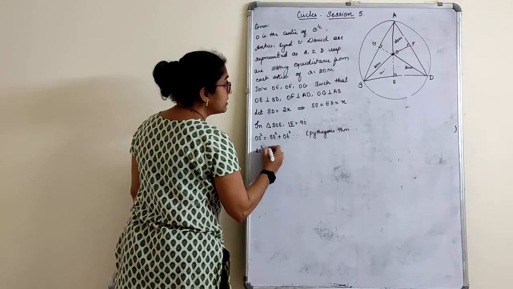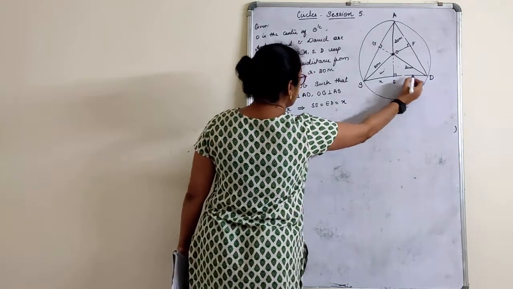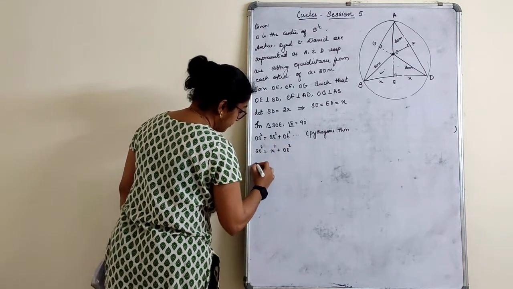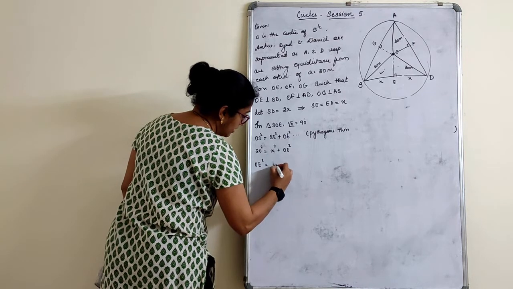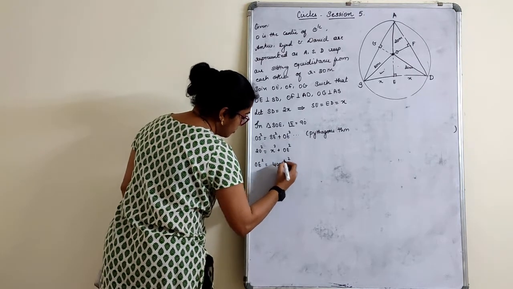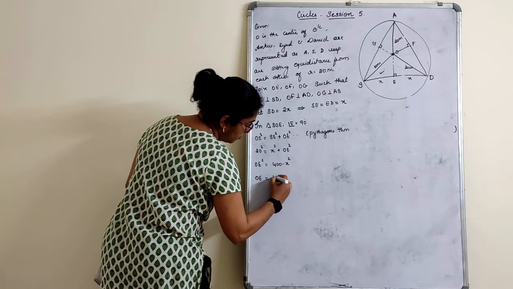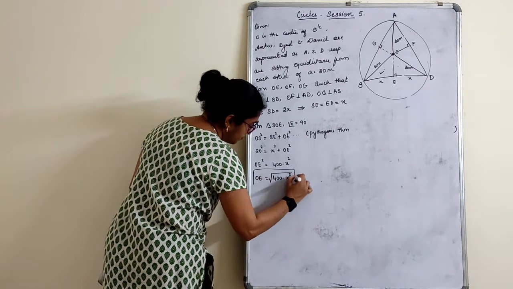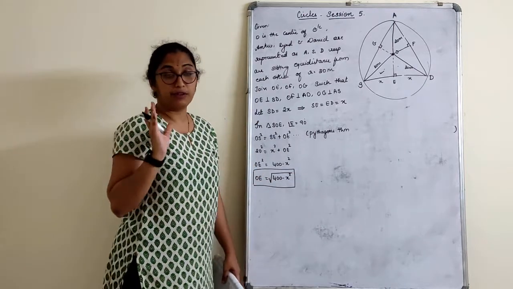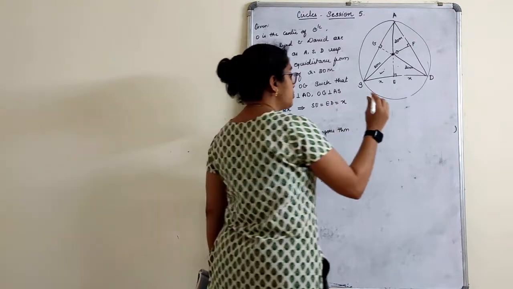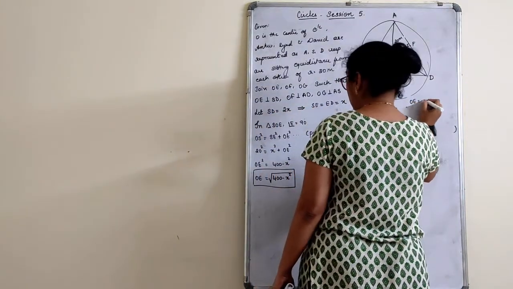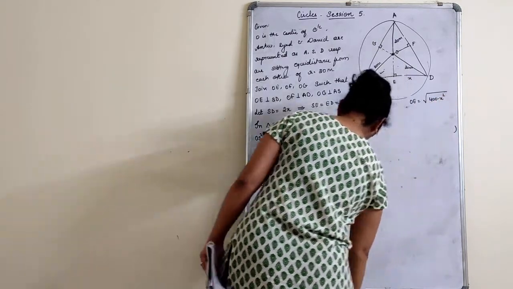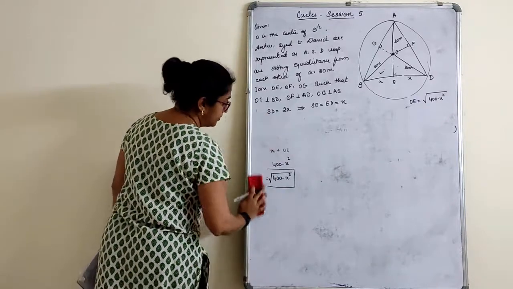OS is how much? 20 square is equal to SE is x square plus OE square. OE square is equal to 400 minus x square. OE is equal to square root of 400 minus x square. Height of OE we found out here. Very clear, children. I will just write here and I am going to rub this thing now. OE is equal to square root of 400 minus x square. Okay. Let me erase this much of part.